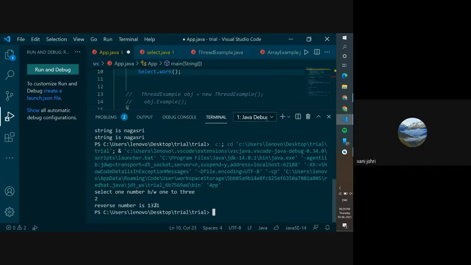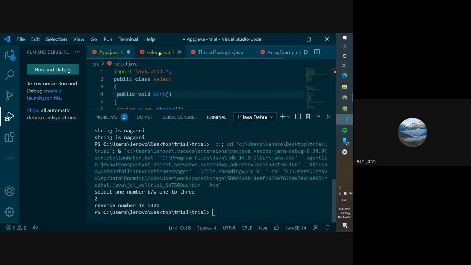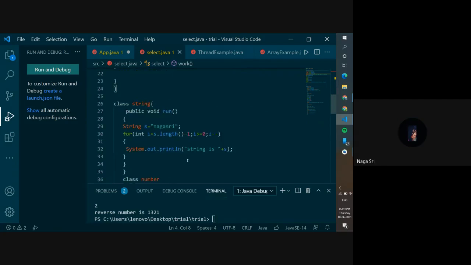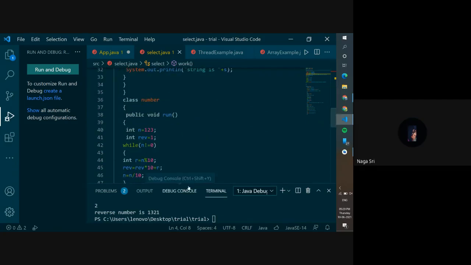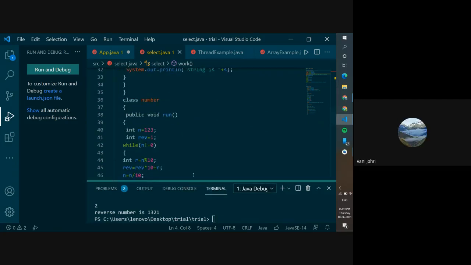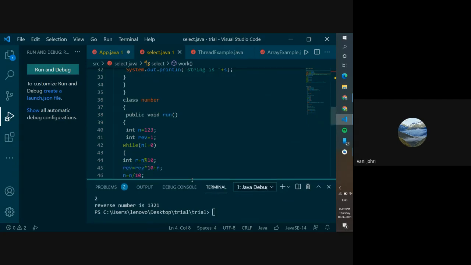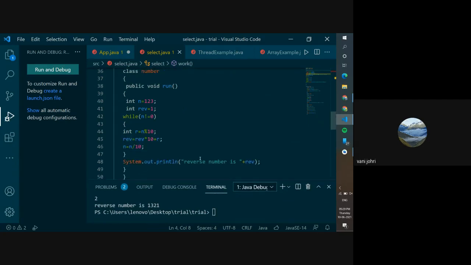Reverse the number, but you never asked the user to enter any number. So, which number? Did you already give a number over there? Yes, ma'am. I already gave. Your number was 123, and your output ended up being 1321. So it got reversed, but why are you getting an extra one?